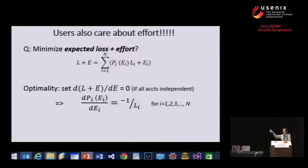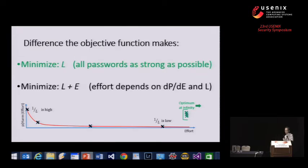Again, I'm going to assume that password guessing is the only thing I have to worry about, and so the strength of one password doesn't affect the account compromise probability on another. Optimality now happens, again, when I set the derivative of the objective function with respect to effort equal to 0. It's almost the same, and this partial derivative is equal to, the only difference is on the right-hand side, not 0 but minus 1 over L_i, which is a minor change when it comes to algebra,